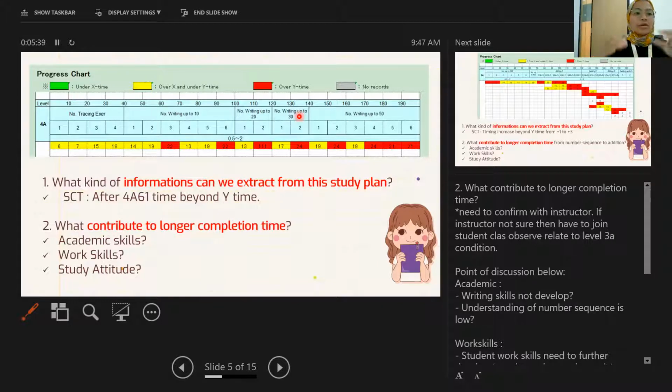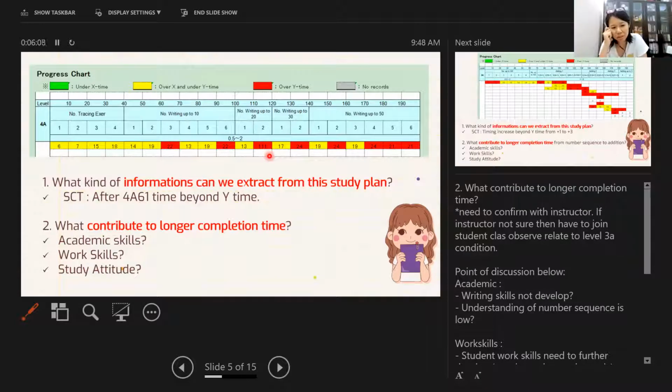Okay. So I think when you share this information, it's reflected on the study plan here, because if you can see here, I actually predicted that students don't have the stamina to write. Because if you can see, after students need to write more independently, without the guidance, without needing to trace, students start to increase in terms of the timing itself. And even if you can see here is 111.